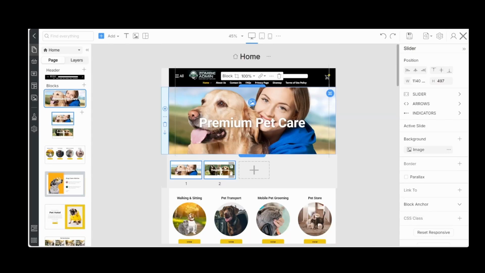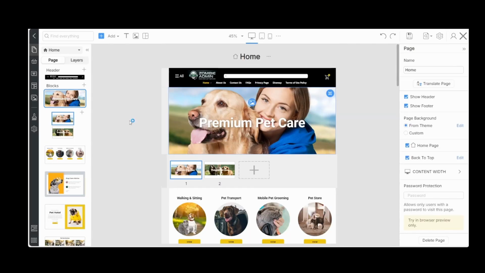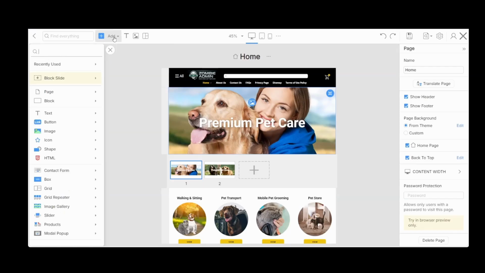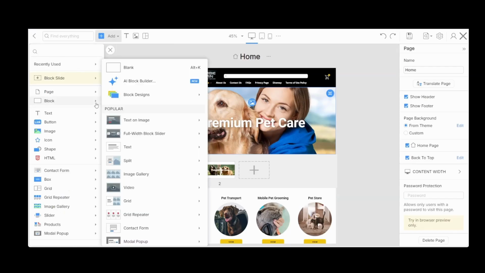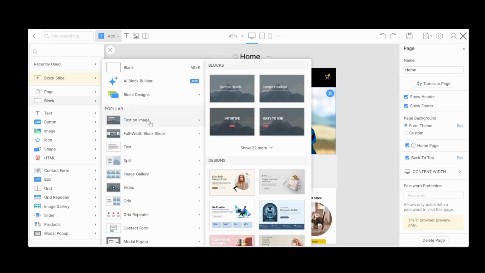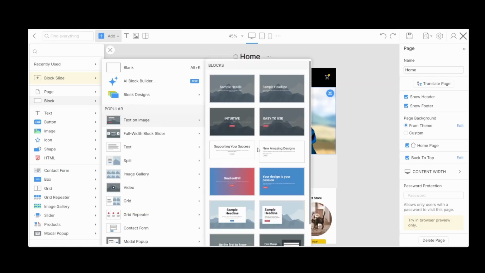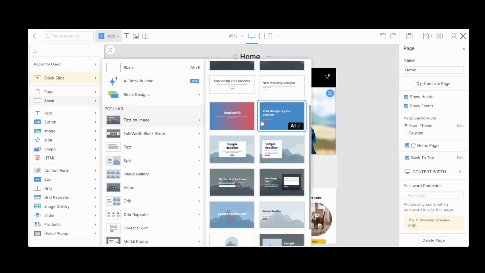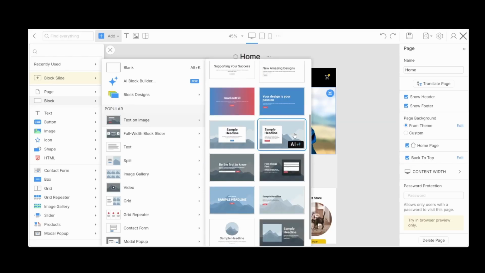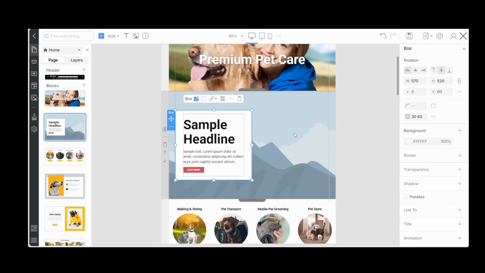Let's go back up to desktop view. I believe I want to make some changes to the slideshow area. I'm going to go to blocks. I'm going to do an image on. Let's see what they have here. Let's take this one right here. I think that's going to work.